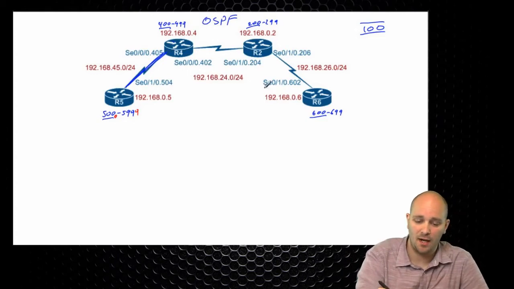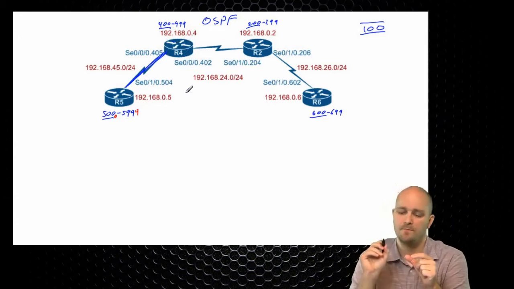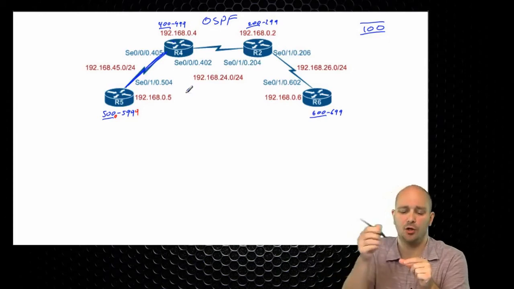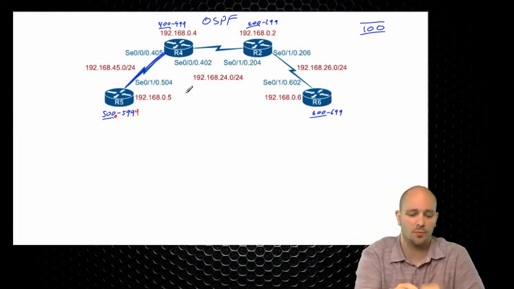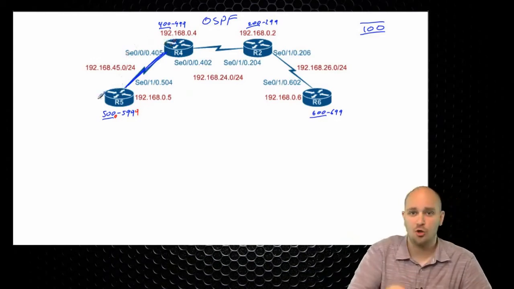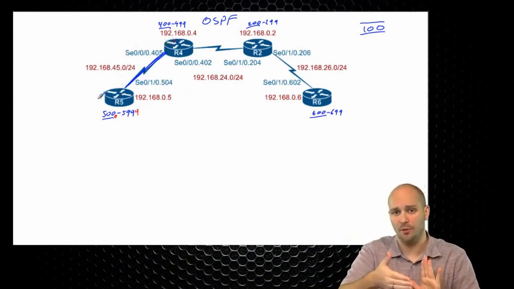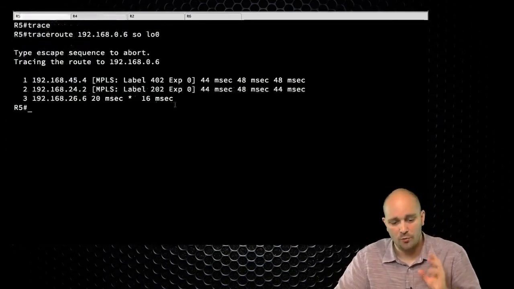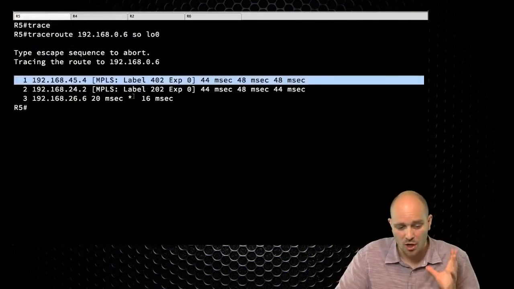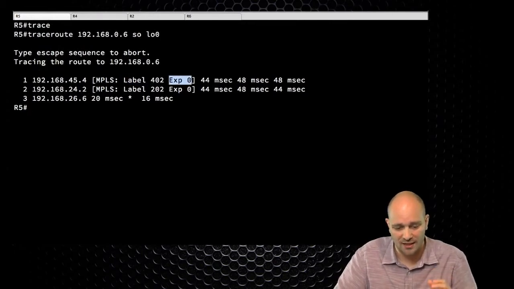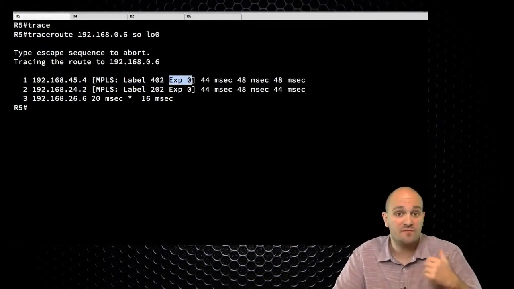The TTL expires, and there is a code in IOS that is actually going to put the value of the labels that were used on a discarded packet, and they're going to be sent as the ICMP unreachable. So the ICMP unreachable that goes back from R4 to R5 is going to carry the information about which labels were used to send this traffic. This is why in the traceroute output, when we are doing the traceroute from the routers, we are actually going to see the label stack. So we can see here that it was label 402, which had experimental bits 0, which is a very, very good